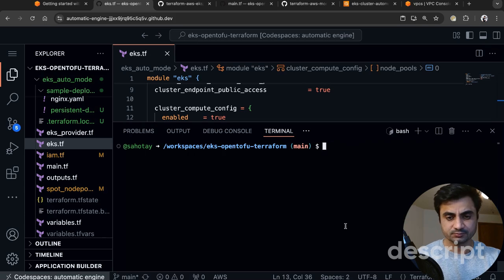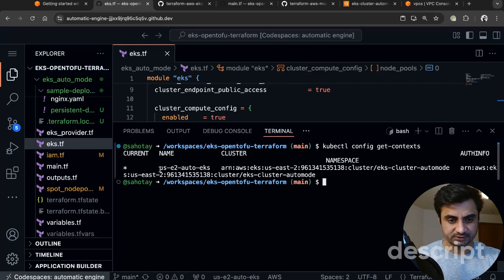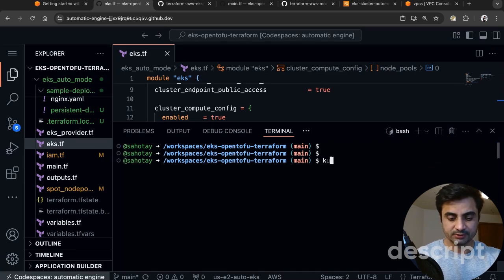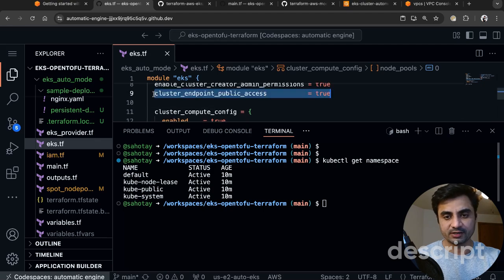As you can see, we can also look into the kubectl CLI just to look at what the context is. kubectl config get-contexts. So you can see it's set, and this is the alias that we have given. Here is the cluster ARN. So let me run kubectl get namespace. So yes, we got connected to our cluster,